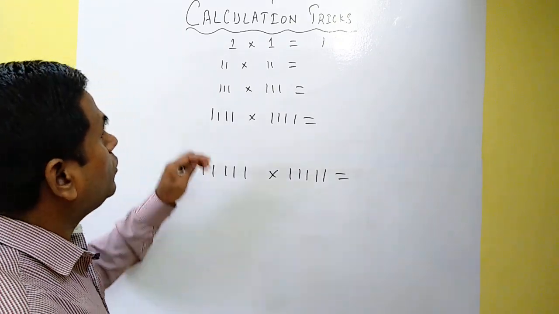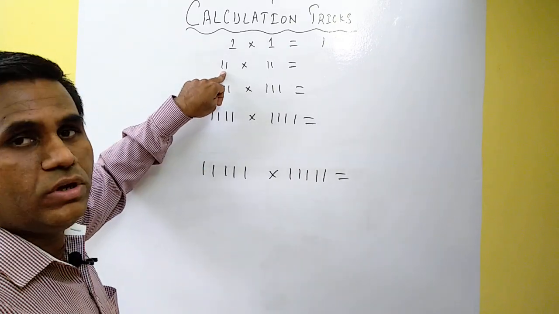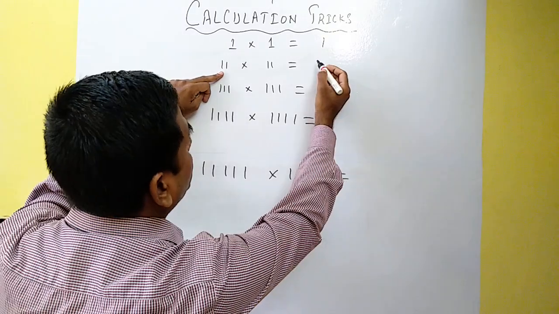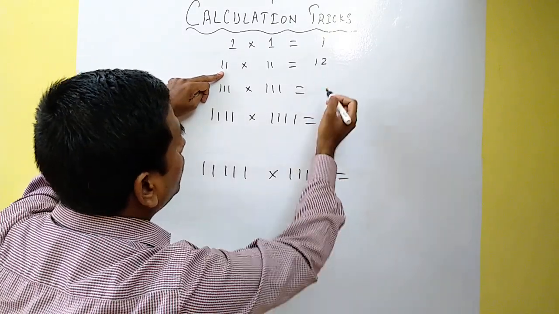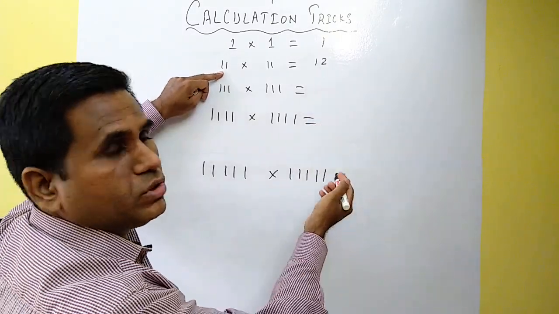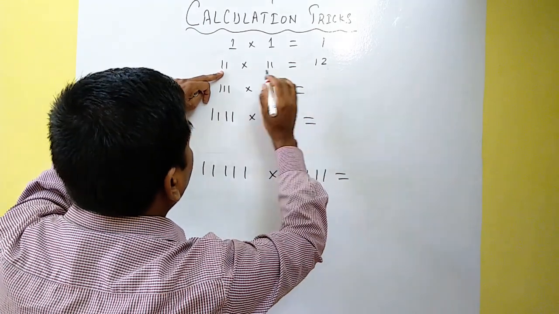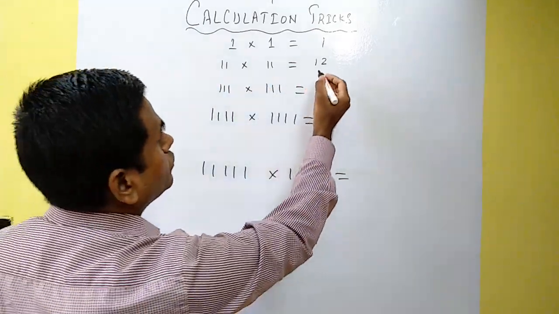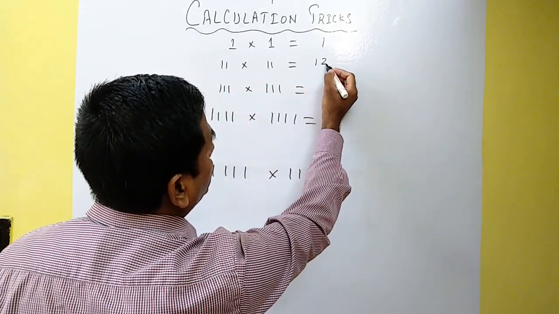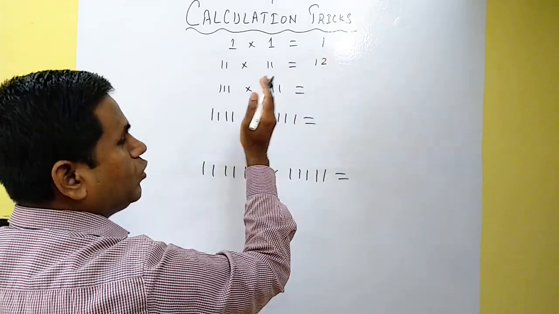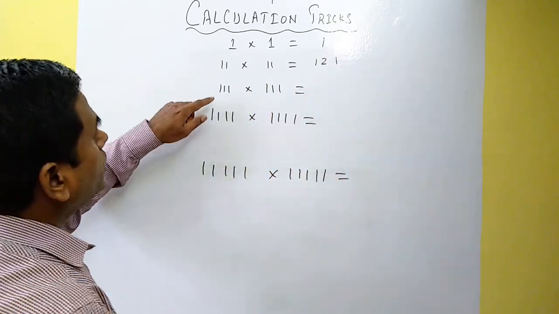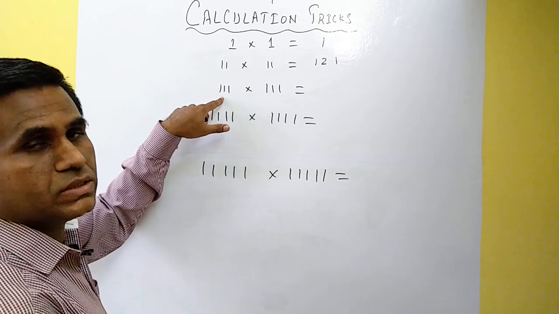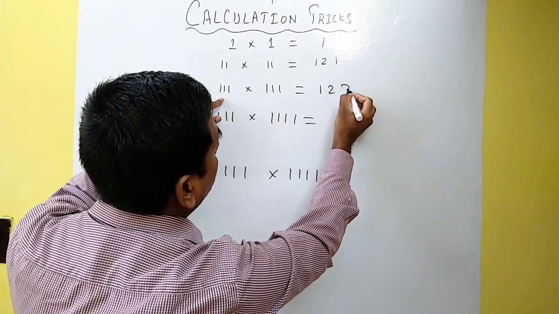Meanwhile, I'll explain it. So here you can see there are only 2 digits. So what we are going to do is write 1, 2, and then we will do the reverse. After 2 digits, we will start doing the reverse. So reverse is 1, 2, and then after 2 we will go back to 1. So 1. Now here you can see there are 3 digits. So we will write 1, 2, 3.